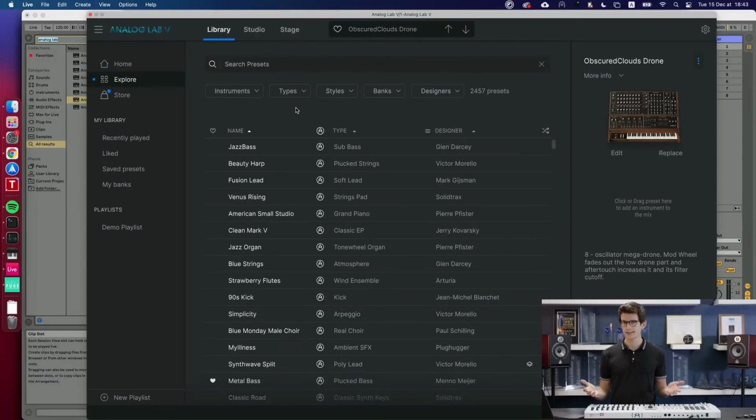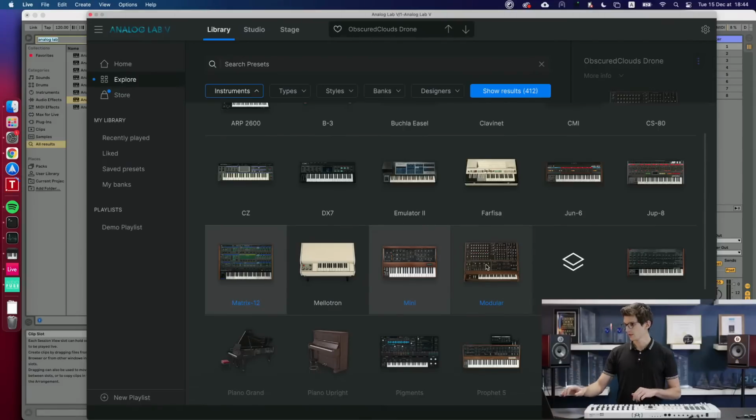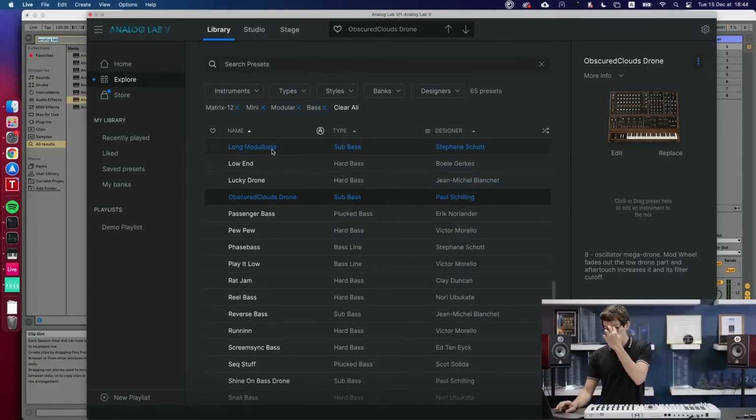Sometimes I don't know exactly what kind of sounds I'm looking for, so I want to get inspired and try a bunch of sounds. For example, I know I'm looking for a bass sound. I know that I love the Minimoog, the Matrix 12, and also, for example, the Moog Modular. So I want to find bass sounds from all three instruments. I can click on one of the filters on top of the preset list and browse for Matrix 12. I select Matrix 12, Mini and Modular. I can select multiple instruments in the filter by pressing Command and click on a Mac, or Control click on a PC. Then I go for bass sounds, and I get all the bass sounds that are coming from either the Matrix